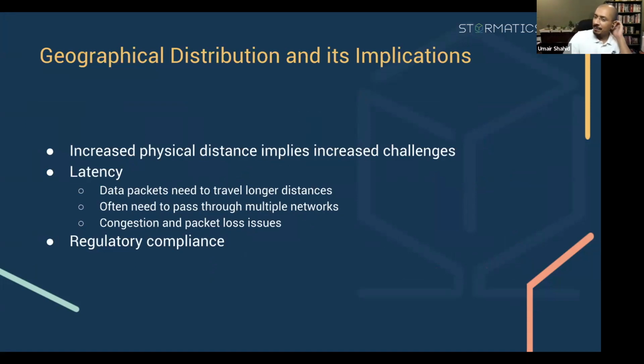Because the data packets need to travel longer distances, and those data packets cannot travel faster than the speed of light. It takes time to go from one place to the other, and that creates the lag or the latency. And as they go through multiple continents or across multiple countries, these data packets potentially